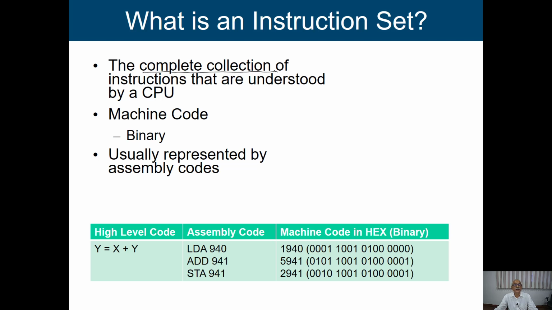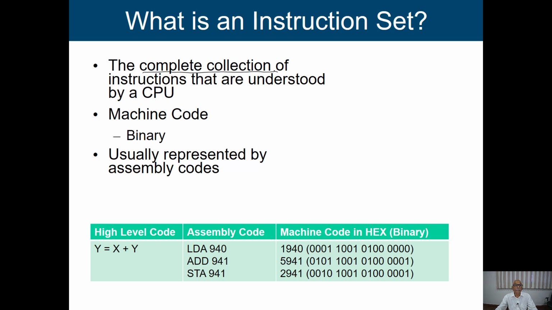Machine code of an instruction is nothing but a binary representation, because you know that a computer is an electronic device. It works on electronic signals. These signals will be either high or low. High is represented by 1 and low is represented by 0. So we represent with binary signals, either 0 or 1, voltage high or voltage low. Combining all those signals, we say this is the machine code or binary code.